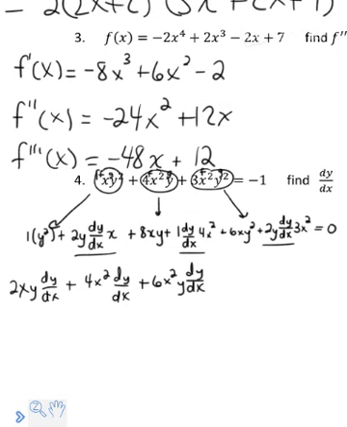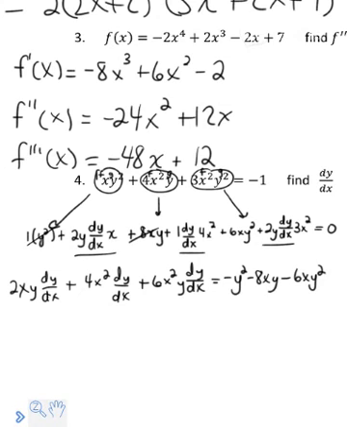Any term that doesn't have a dy dx is going to get subtracted over to the other side. So we're going to have a negative y squared from there, a negative 8xy from there, and a negative 6x